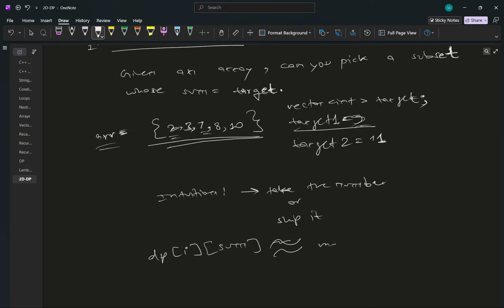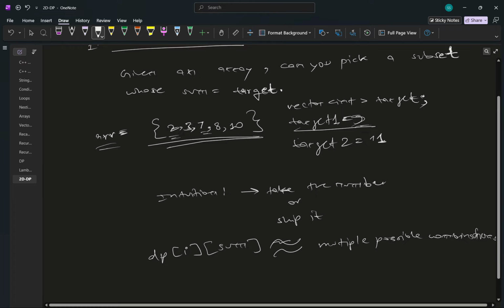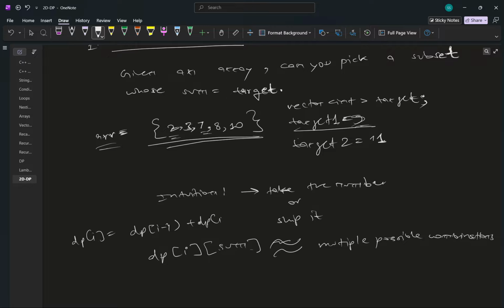So basically that sum can be formed by multiple possible combinations, and also that sum might not be correct. So basically like we were doing last time, where we were just doing dp[i] equals dp[i-1] plus dp[i-2], or we were doing max. So over here we are not doing this